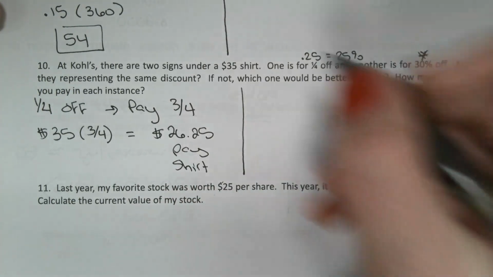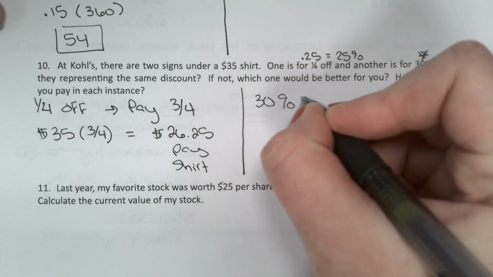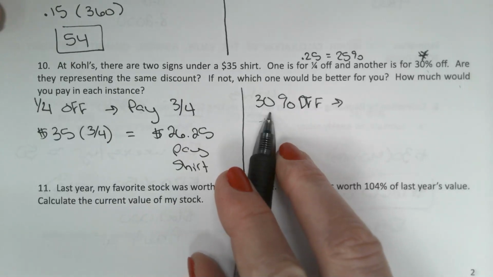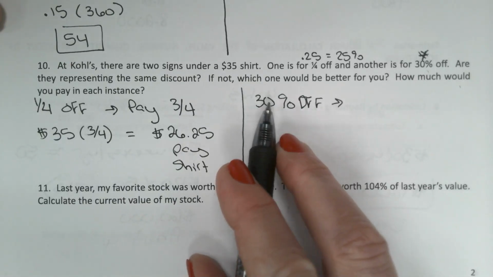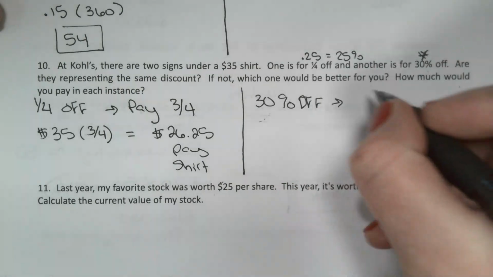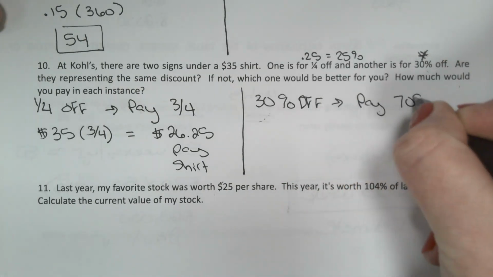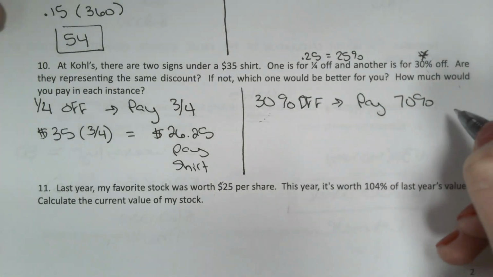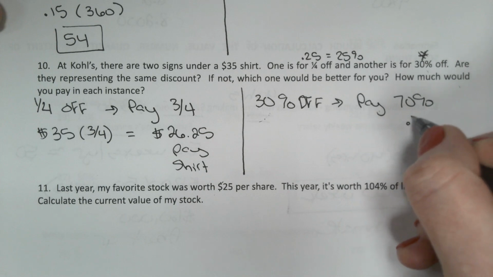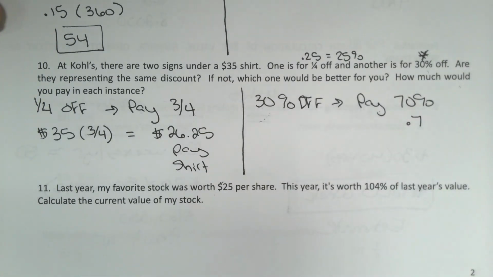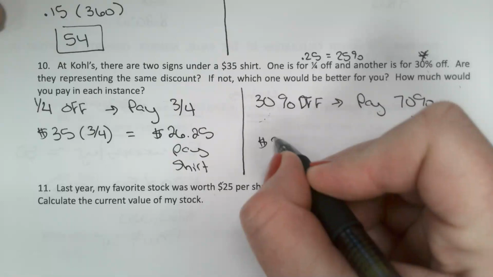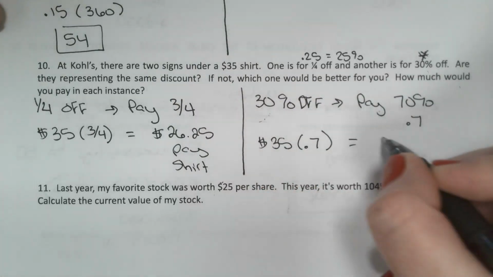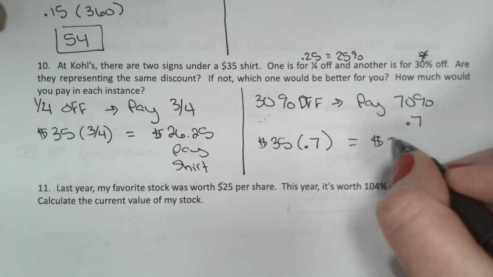If something is 30% off, there is a total of 100% of anything. So if it's 30% off, that means that you are paying for 70% of the shirt. We just learned that 70% is 0.7 as a decimal. So if you take the $35 shirt times 0.7, the amount that you're going to pay,